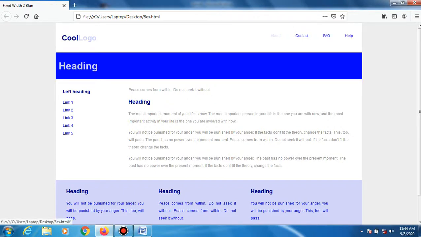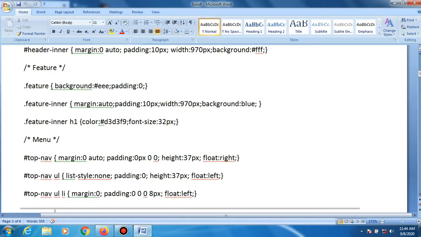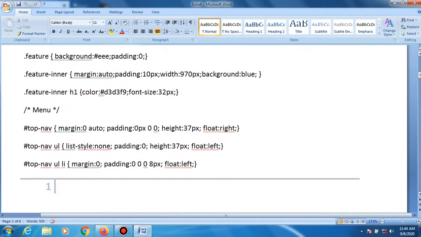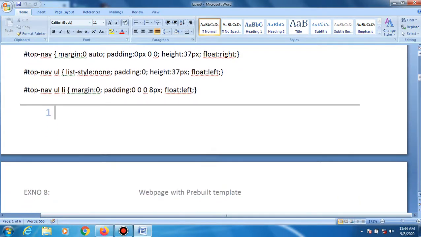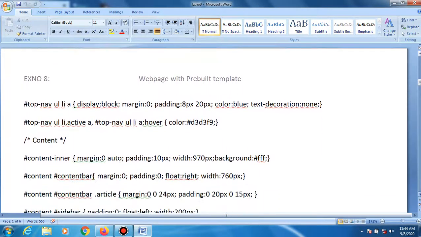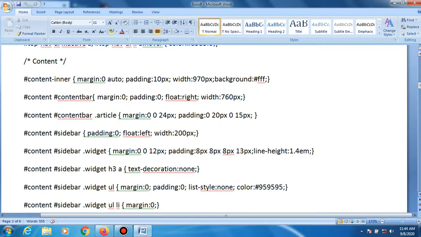These 4 menus, when you click a menu, the color changes, and it accepts the link, and when you go to this menu, the symbol changes to a hand symbol. So these are the 4 menus that are predefined here, and the content of this web page,